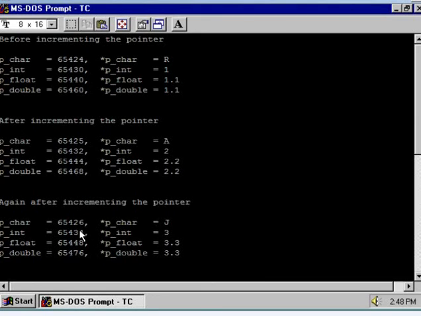Similarly, if you increment the float pointer, then at the starting it is pointing to the base address. The base address of the float array is 65440. If you increment, the pointer will point to the next location of the array, that is 65444, and after that 65448, that is the third element of the array. Similarly for double. Is it clear?